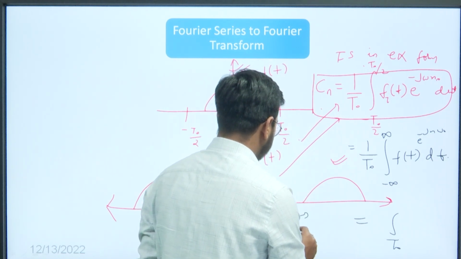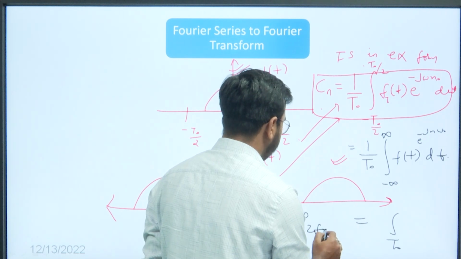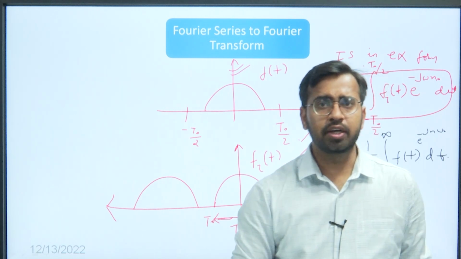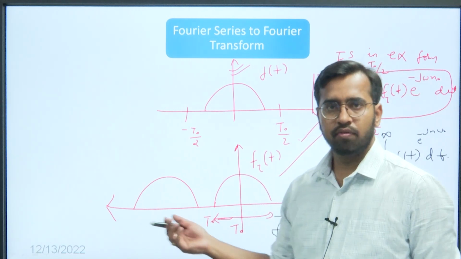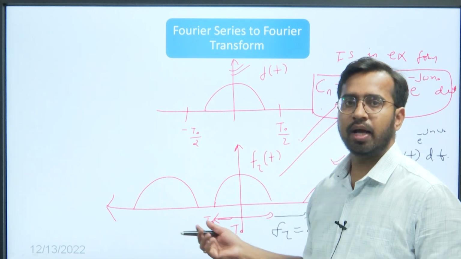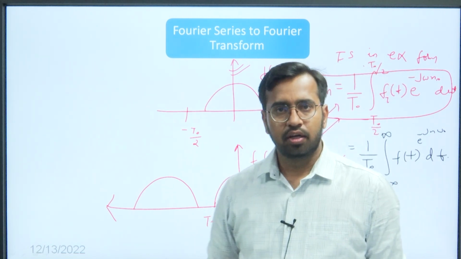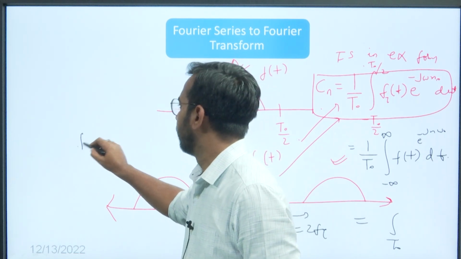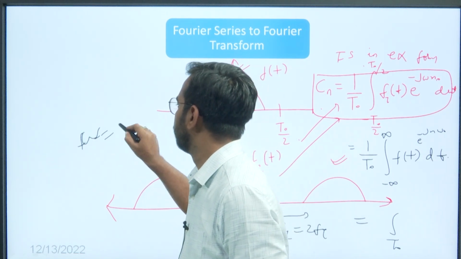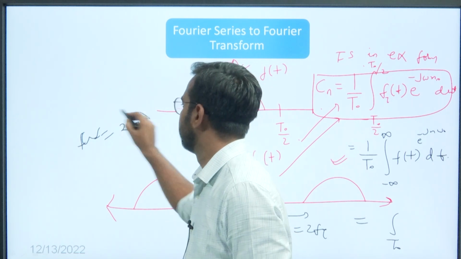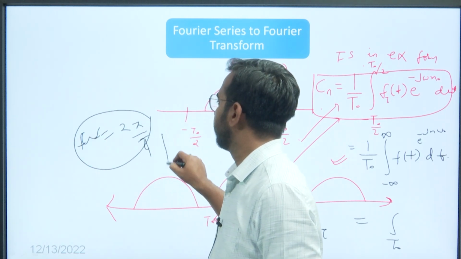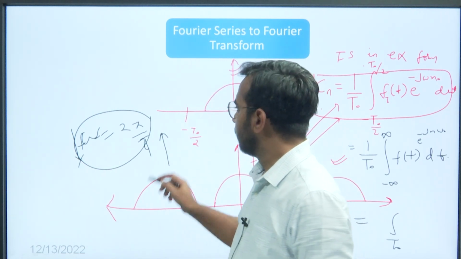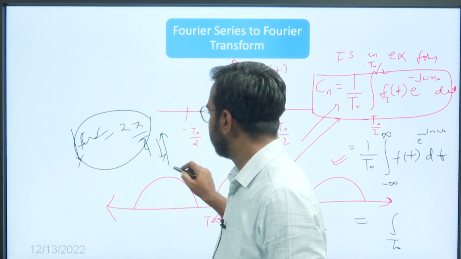Let us make f(t) equal to 2f(t). What will happen? The signal will be a little closer. Again, the frequency will get reduced if you increase the time period, or increase if you decrease the time period. See the relation between frequency and time period: omega is equal to 2 pi by T. So if you increase the time period, omega, that is the frequency, will reduce. Similarly, if we keep T equal to infinite,